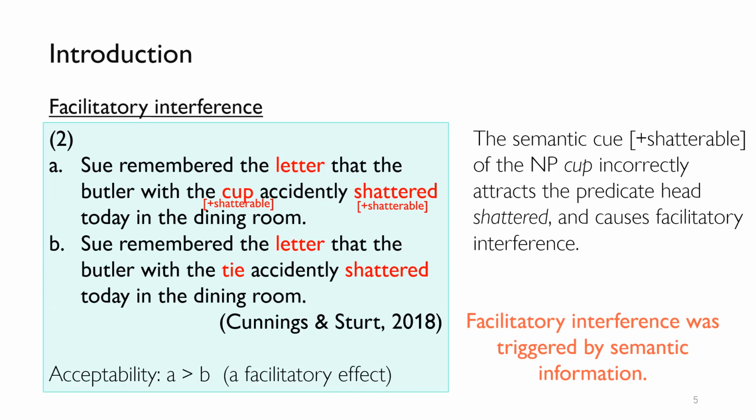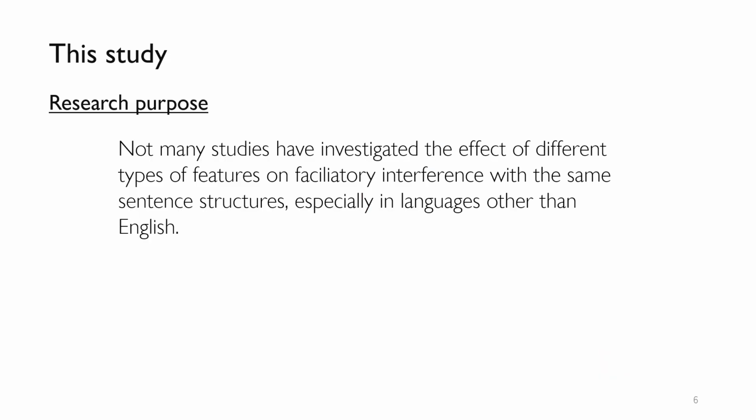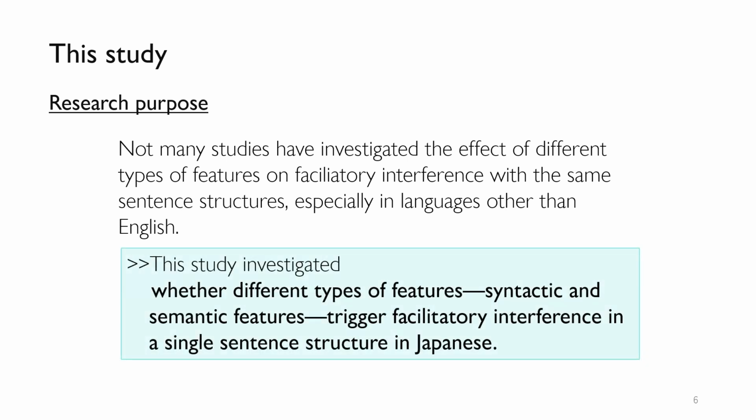It has also been reported that facilitatory interference was triggered by semantic information. However, not many studies have investigated the effect of different types of features on facilitatory interference with the same sentence structures, especially in languages other than English. Therefore, this study investigated whether different types of features, syntactic and semantic features, trigger facilitatory interference in a single sentence